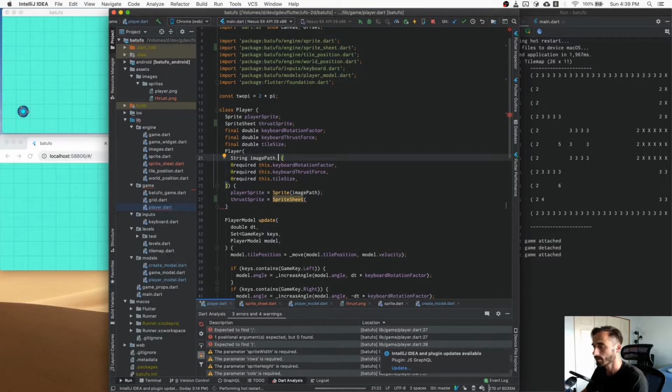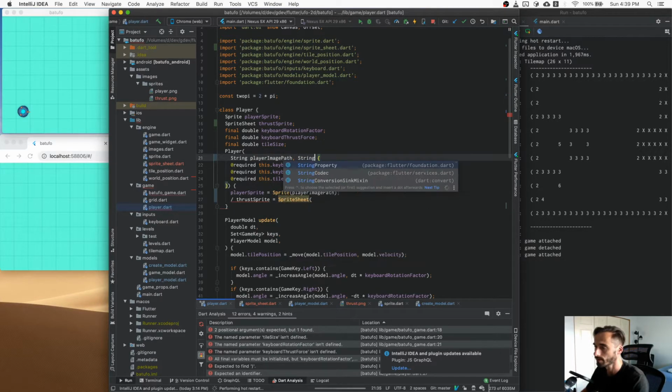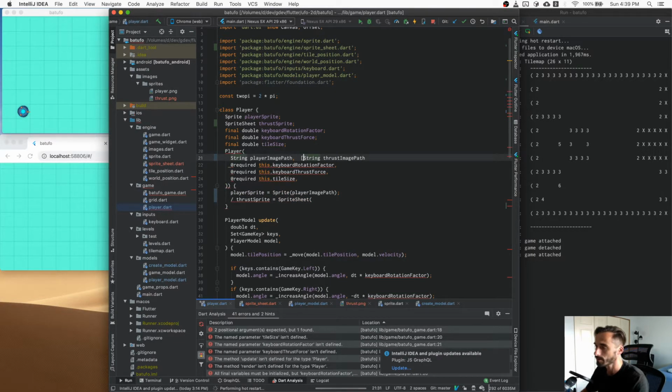So we need to rename this to be clear, player image path, and then we have another one that's called thrust image path. Okay. And the thing is, now it's getting confusing as hell because we have all these strings,